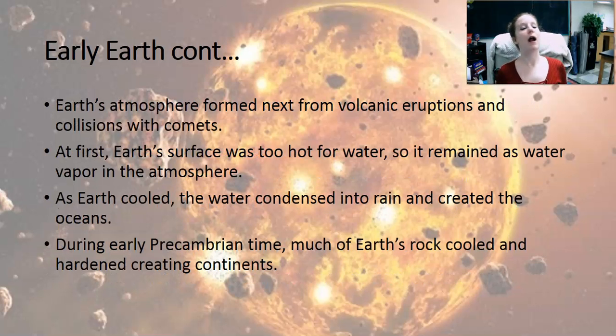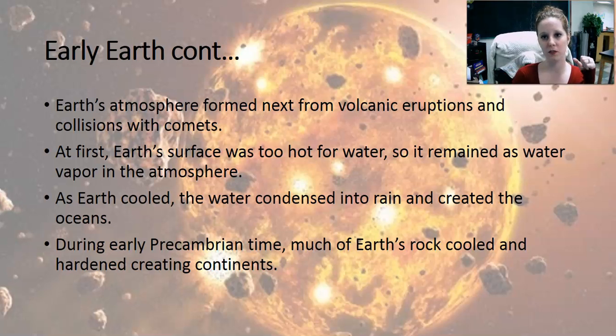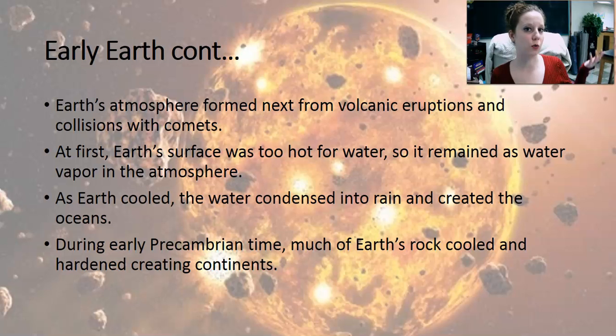So, our atmosphere is going to form next from volcanic eruptions and collisions with comets. Because comets, I believe, are about the equivalent of a dirty snowball in space. Notice I said snowball. Snowball means things that are very close to water being on them. So we have different elements being added into our planet here. And water, when it's made to steam, can lead to water vapor and all sorts of other gases being able to rise up, and some of those elements being trapped by Earth's gravitational pull and creating the many, many layers